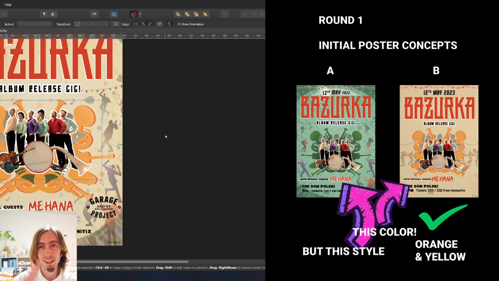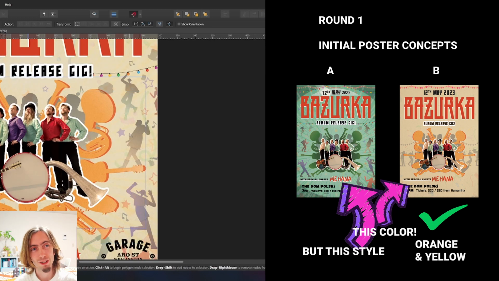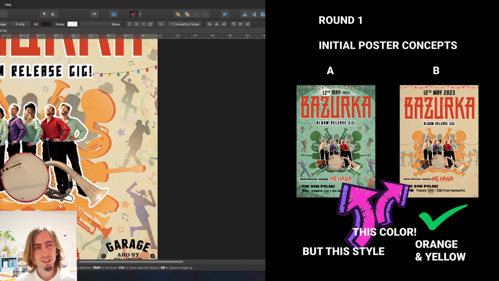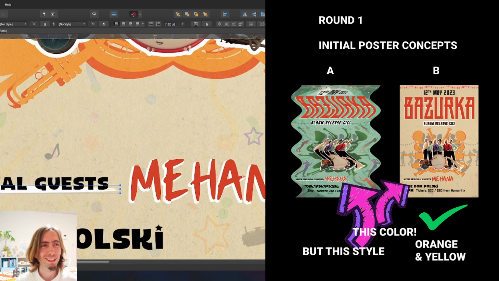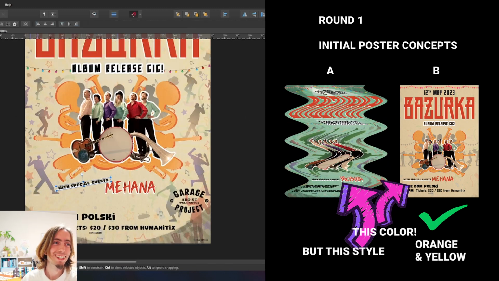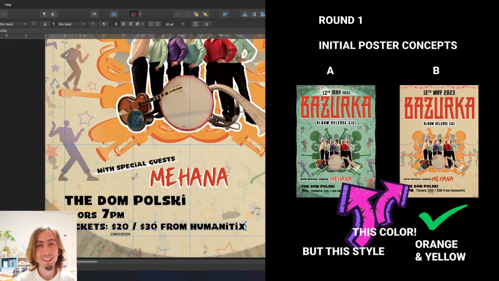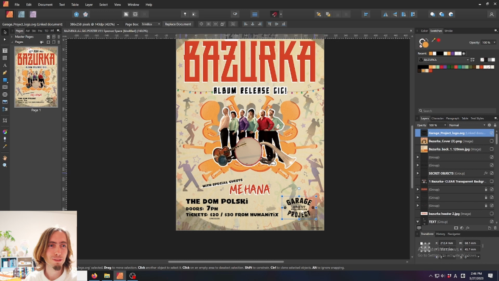But can we make it the same as the green version? With all the activity going on, all the energy of all the other elements. And yeah, of course, no problem. Here we've got,